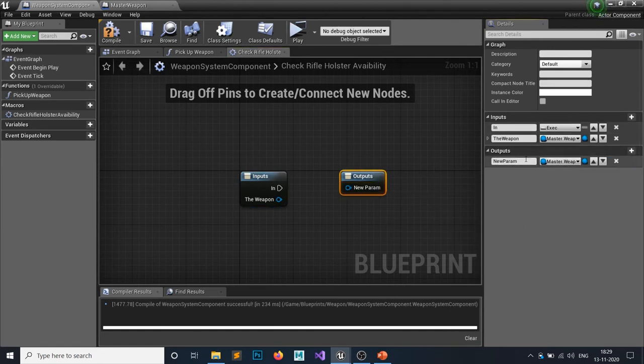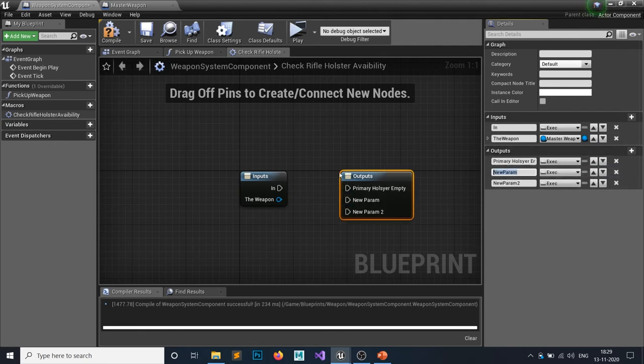And for the output I need an execute type of pin which tells that yeah, primary holster is empty. So primary holster empty. Then second one and third one. Second would say secondary holster empty.